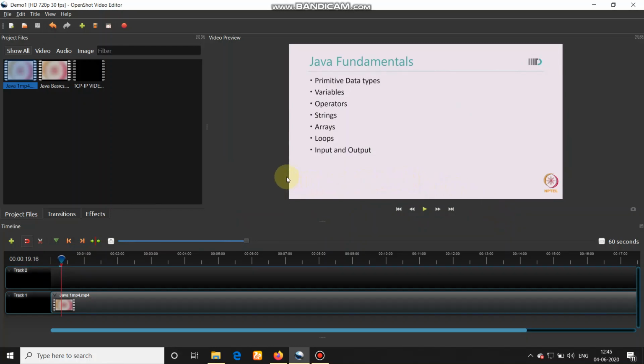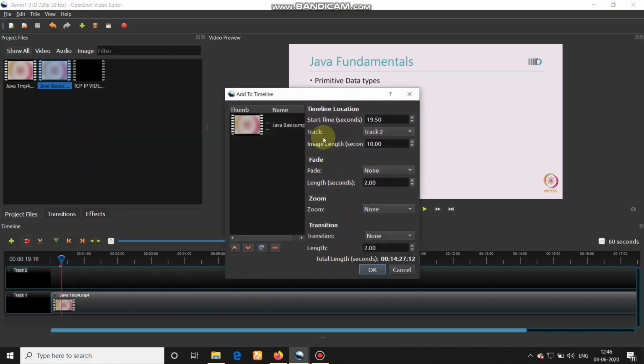Now let me add my second video because I want to merge multiple videos. For that I am going to right click on the second clip and click on add to timeline. Then a window will pop up again. As I have to merge the two videos, I will select track 1.